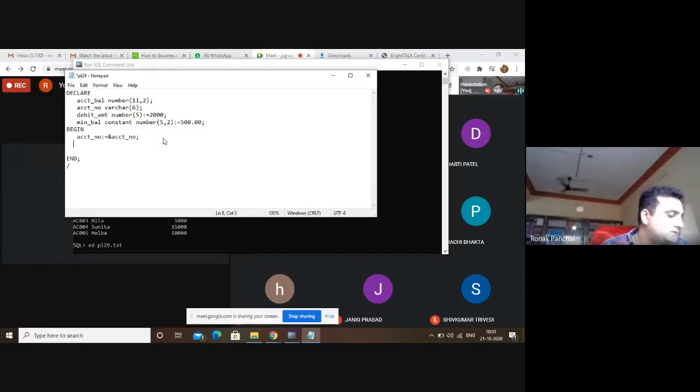Now retrieve the balance from the account table, where the account number in the table is equal to the account number entered by the user. So see, select balance into ACCT_BAL, right? Whatever your balance is, it will enter in that PLSQL variable.